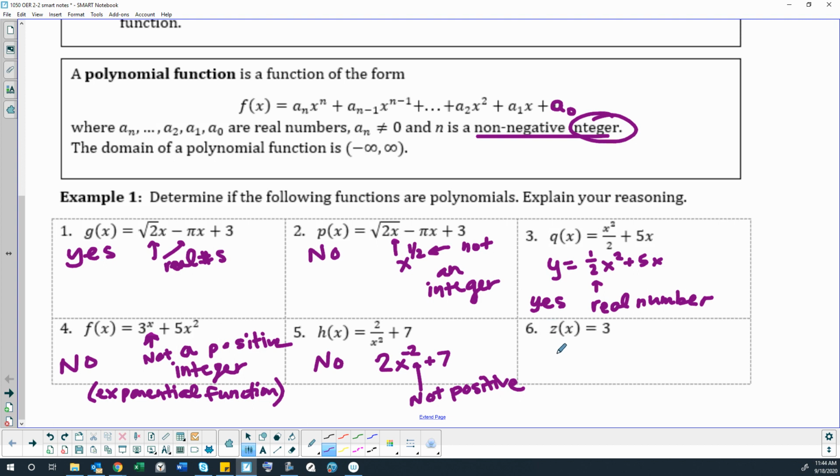Just to kind of finish this up, because this video is starting to be too long, I'm going to go for it. But yes, thank you, Dominic, for giving me an answer here. Yes, this one is a polynomial function because it's okay to just have a constant. That just means the degree, the highest exponent, is 0. Okay,